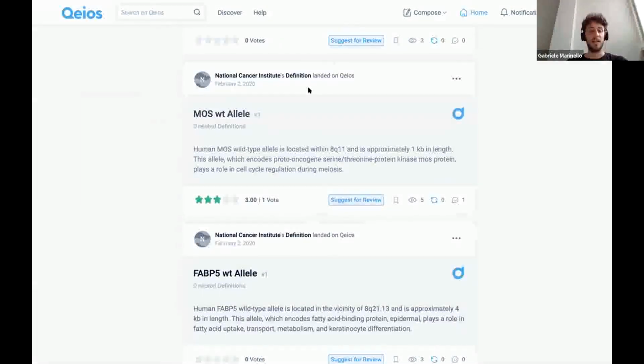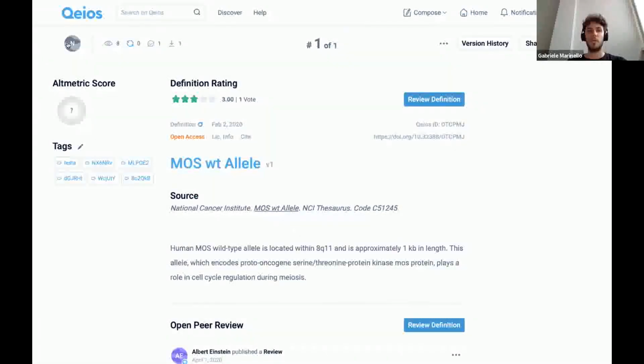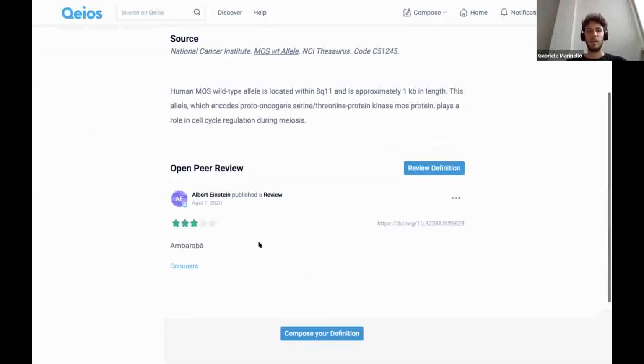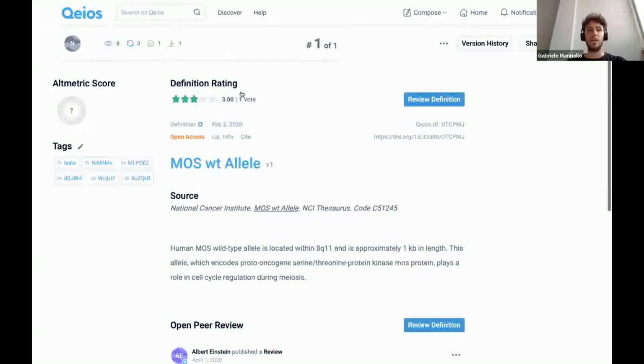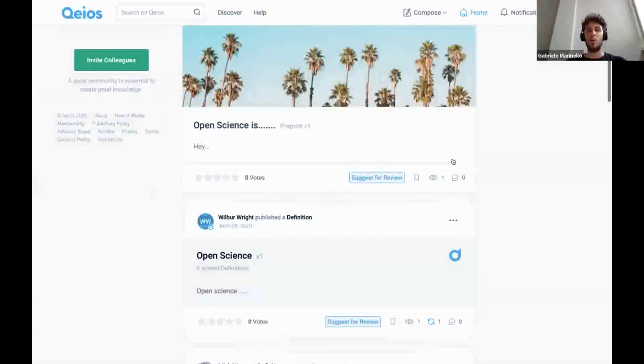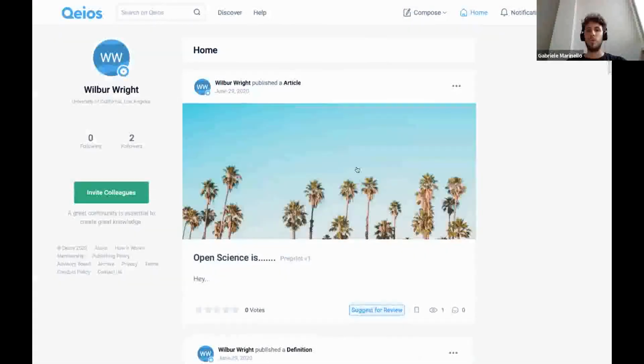It means that, if you remember, guys, this is a non-original definition because it was originally described in this way by the National Cancer Institute, and as you can see, Einstein has just reviewed our definition like this, okay, and you can get as many reviews as the platform can hold for your papers, and also for your definitions.